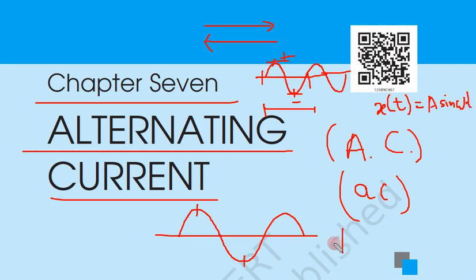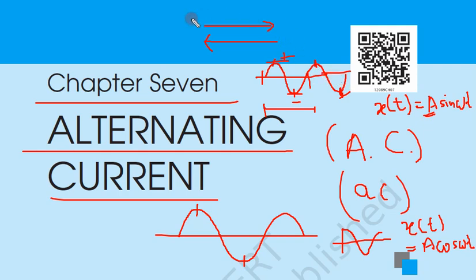Suppose we want to make a cos wave, how will we make it? We will start from 1. So this is a cos wave. Same thing, x of t is equal to a cos omega t. And what was this a? This a was the maximum amplitude on either side, whether you say this side or this side.